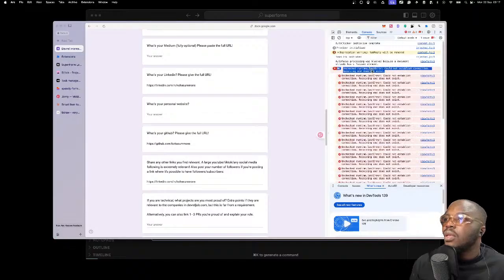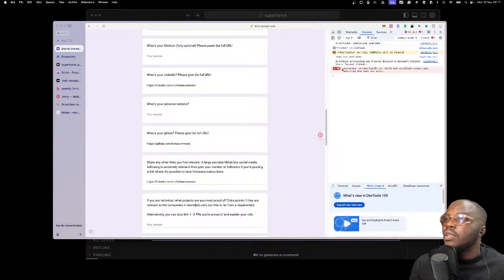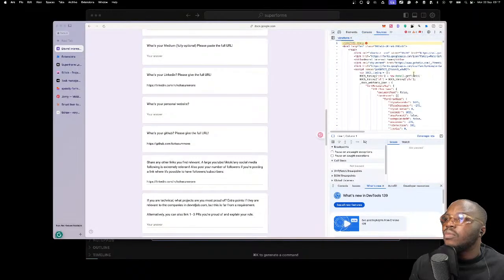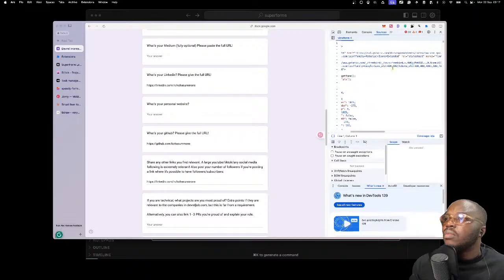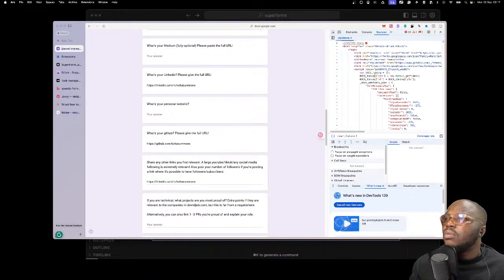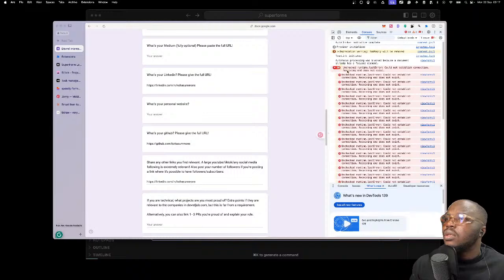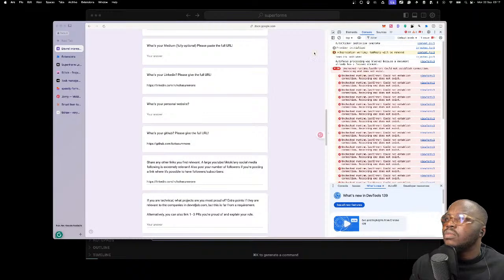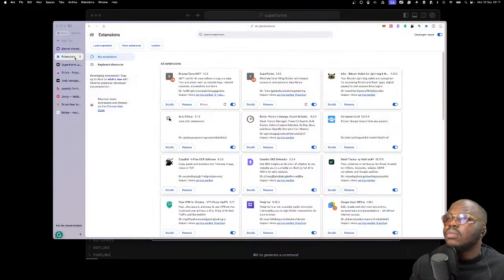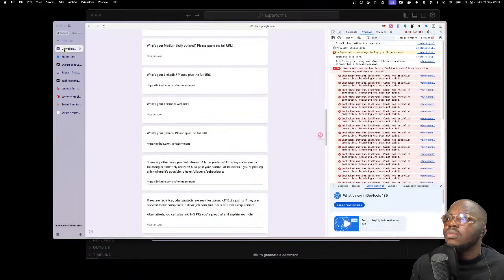Okay, this is definitely coming from the extension. You see the view form, right? Oh, is it coming from the extension? Doesn't appear so.